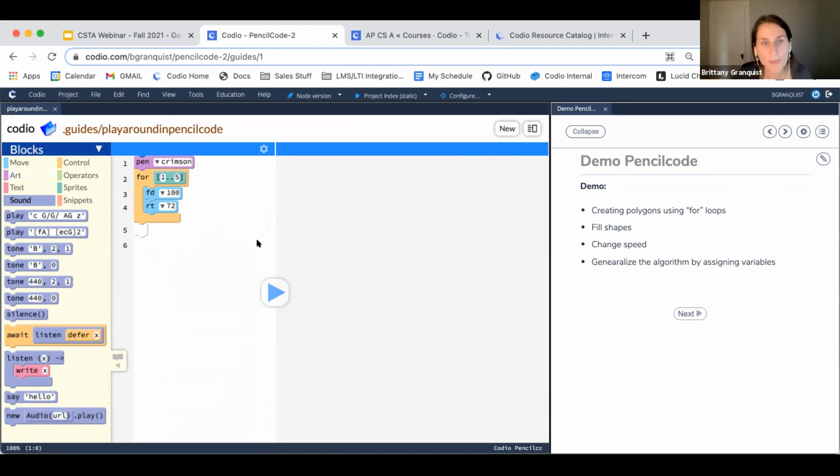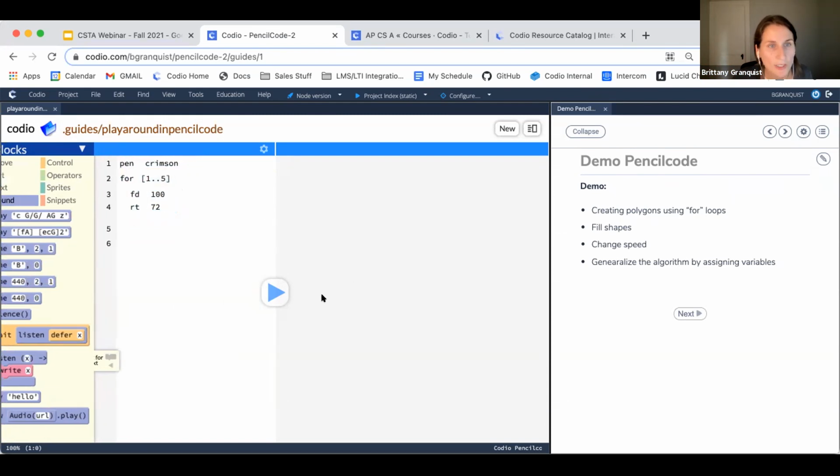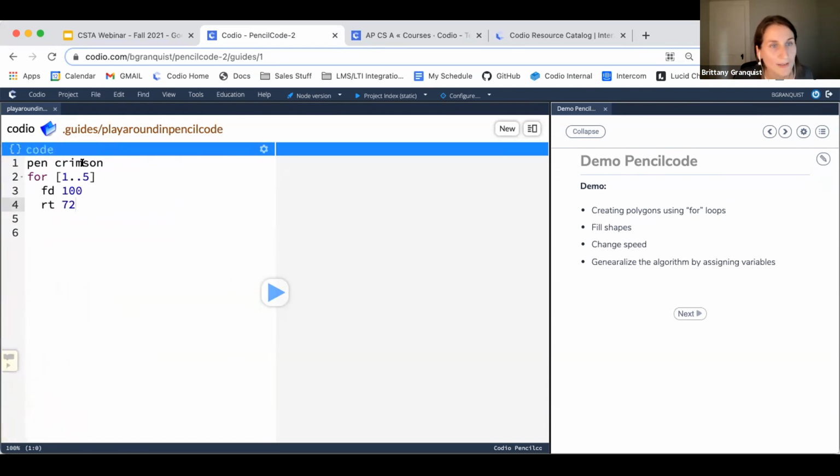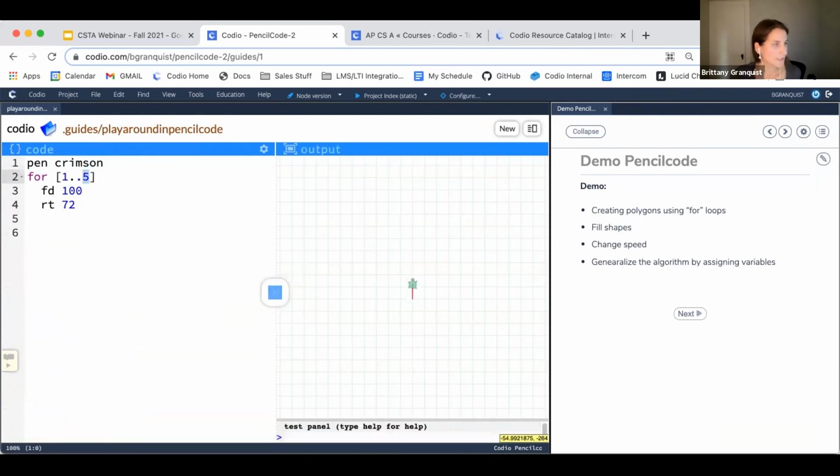So in this example that I'm going to do, I'm just going to show creating a pentagon in a red color pen. It's a pentagon because it's happening 5 times. When I show that, you'll see it happening pretty slowly at first, but we can adjust the speed. Notice that the turns are based on exterior angles. So 360 divided by 5 would be 72. I think this is a great opportunity, you can actually play with different options.